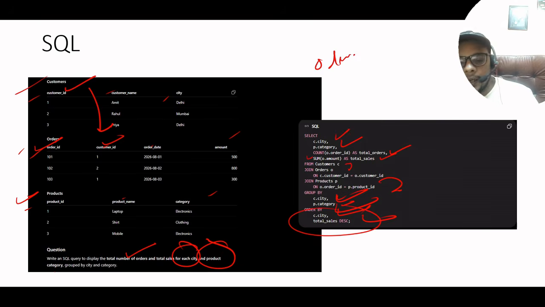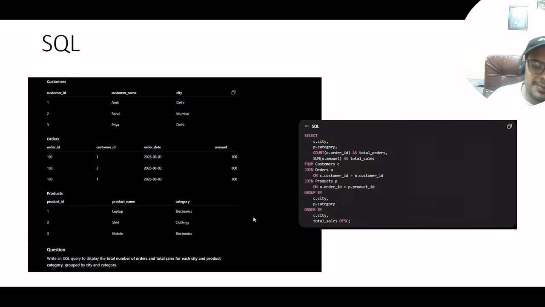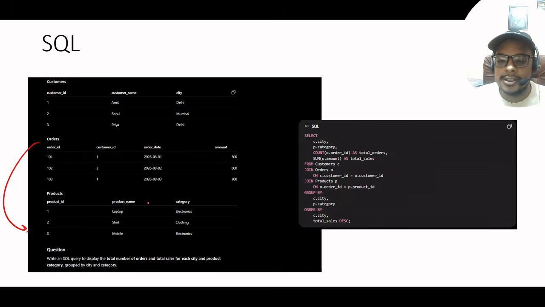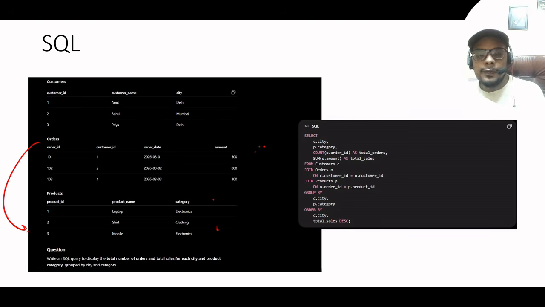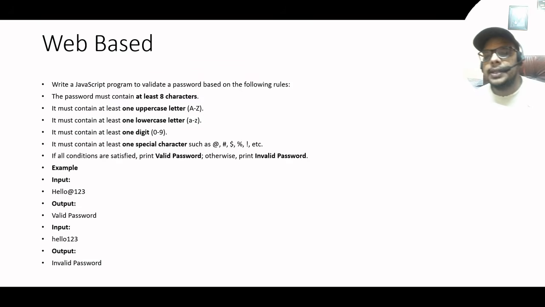So this was the SQL query which they asked. Okay, this was the actual. So it's a sample query which I just pasted here. There is one mistake: we need to connect this table to this table. There is no common column. Okay, so that should be there. Okay, so that's how we will be grouping them, and after grouping we need to order them. So this kind of a SQL query they asked.